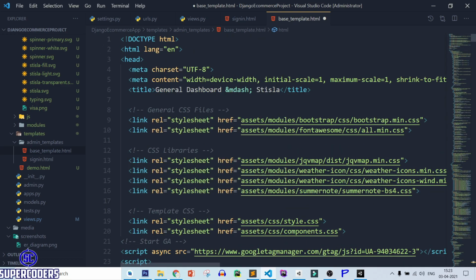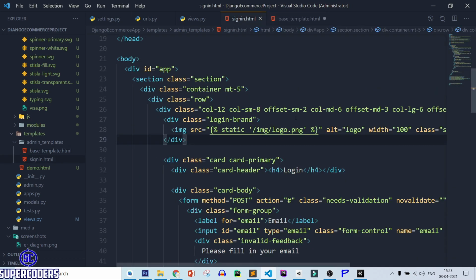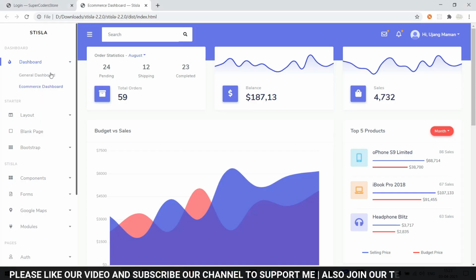After that let's first load static. So again, for the base template, loading the static template. Here you may be confused why I'm not using the base child template in the sign-in page. It's because the sign-in page is a very different page from the base template. In the base template, all the templates have a sidebar and a nav bar and all the contents in your body page. But the sign-in page is completely different. It has only a form in a different way. So that's why I'm using the base child template for inner pages after login.